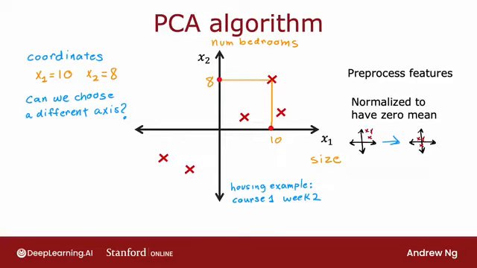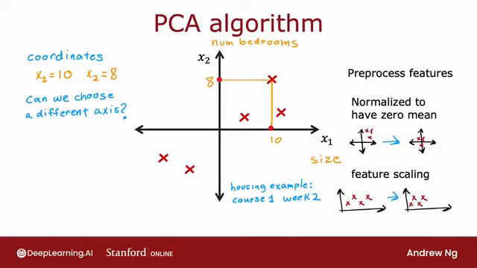If the features take on very different scales, then you would first perform feature scaling before applying the next few steps of PCA. So assuming the features have been normalized to have zero mean, by subtracting the mean from each feature, and then maybe applying feature scaling as well, so the ranges are not too far apart,